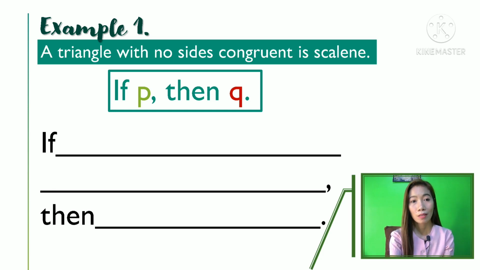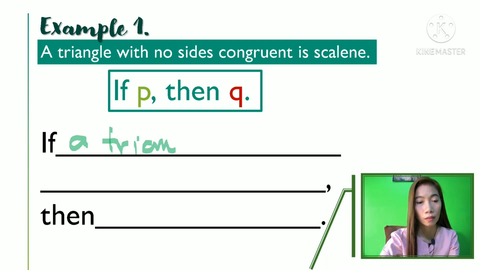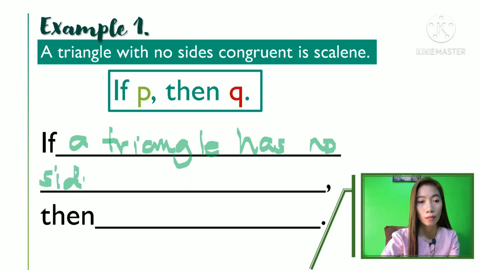So the statement is, a triangle with no sides congruent is scalene. So let's make it into if P, then Q format, okay? So what will be the hypothesis of this statement? So that will be if, okay? So, if a triangle has no sides congruent,